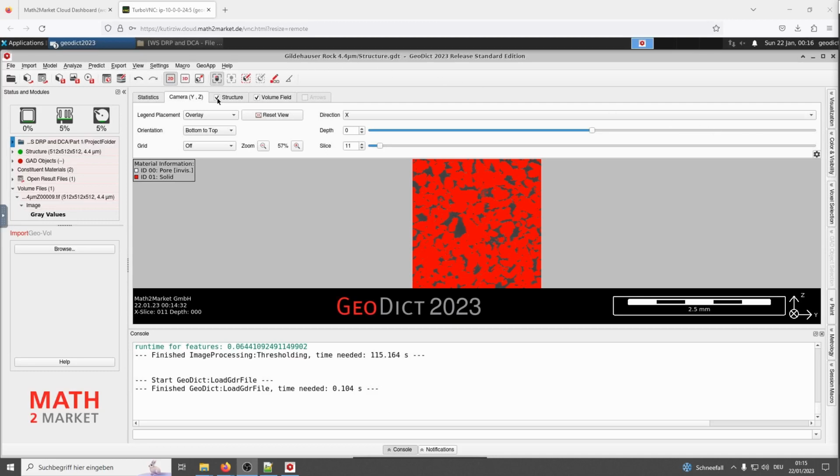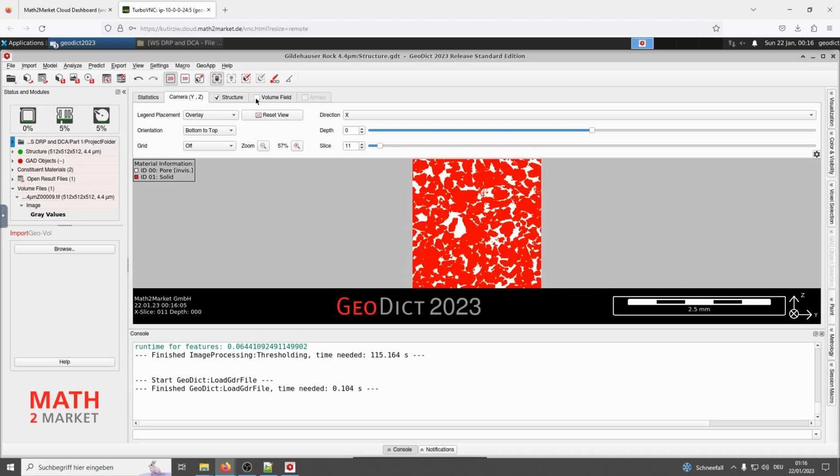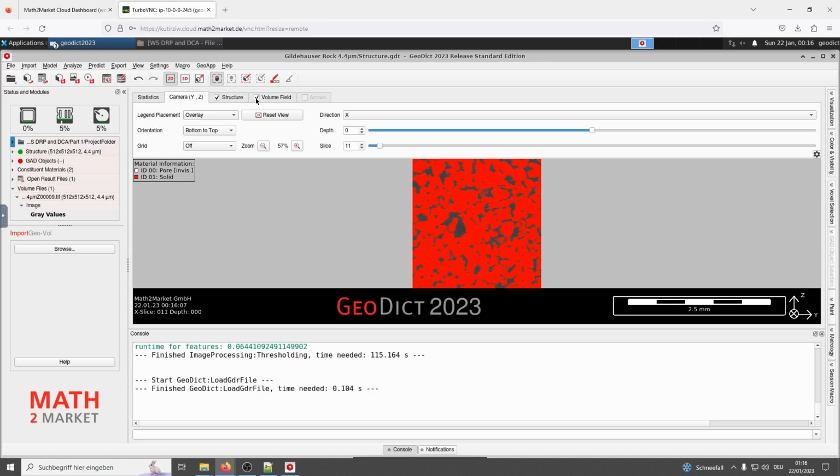Let's go on the top and uncheck near the structure. And uncheck near volume fields. And check again. Slice through the structure in the selected direction, in our case in the X direction, by clicking and holding with the left mouse button on the slider.